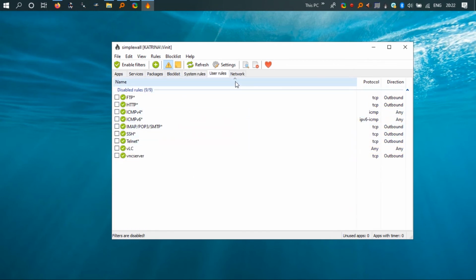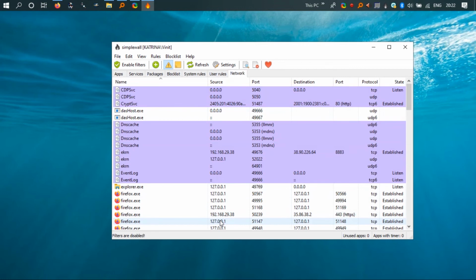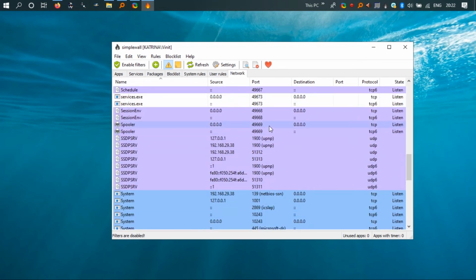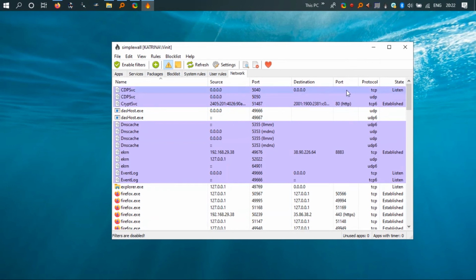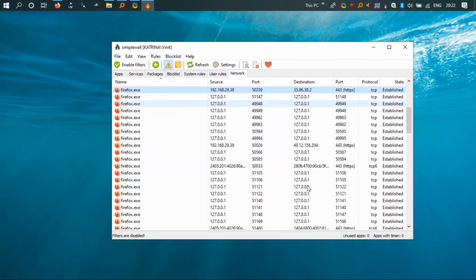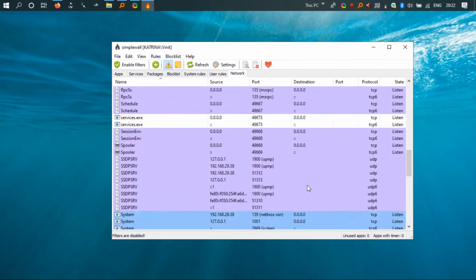And these are the services and applications connected to the internet, and to which IP addresses they are connected. You can literally see everything connected, where it is connected. You can see the IP addresses.